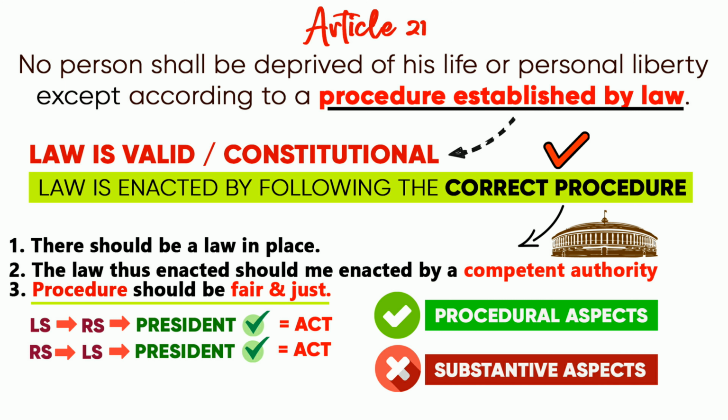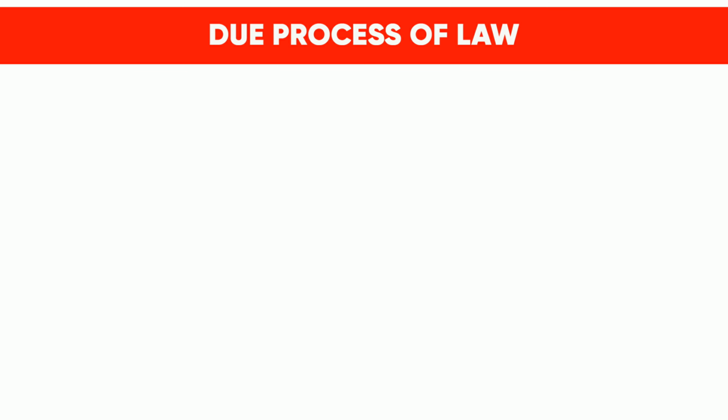For example, consider a law enacted by the Parliament, which empowers the executive to deprive a person of his liberty. In this case, if that law has followed the right procedure during its enactment, then it can be considered a valid law under the concept of procedure established by law. In other words, only the technicalities of the enactment of a law are taken into consideration, and its moral side or substantive side, that is, whether depriving a person of his liberty is just, fair, or reasonable, is not taken into account. Now, let's delve into the concept of due process of law.